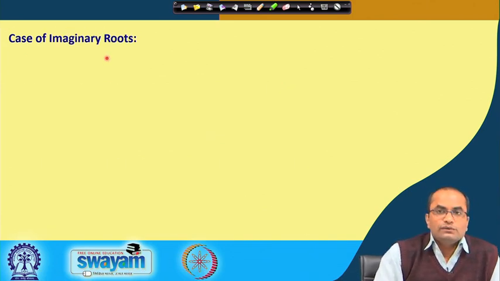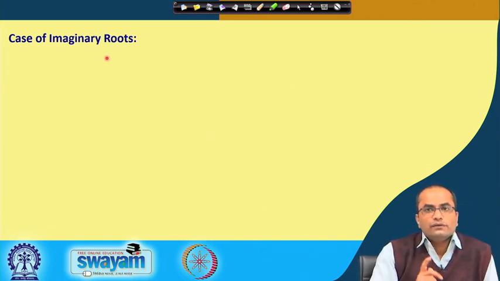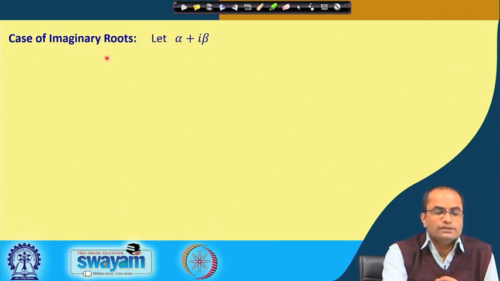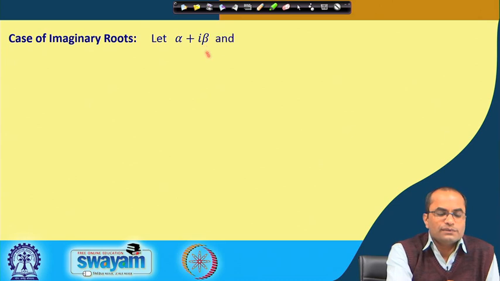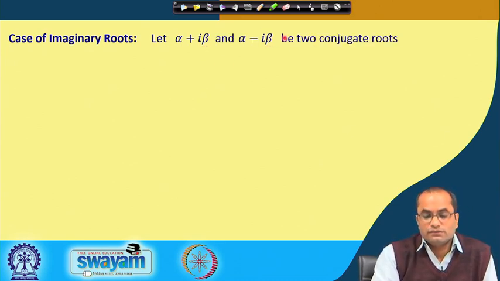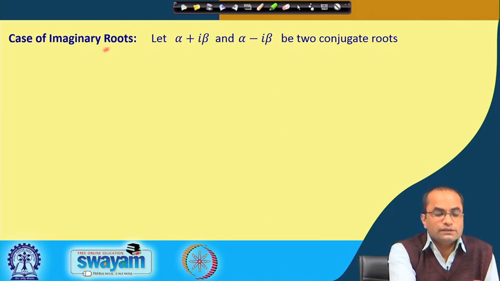Case of the imaginary root. We have discussed already the real roots, the real distinct and also real repeated. In the case of the imaginary root, we have the same idea. So, we assume that alpha plus i beta and alpha minus i beta are the roots of the given